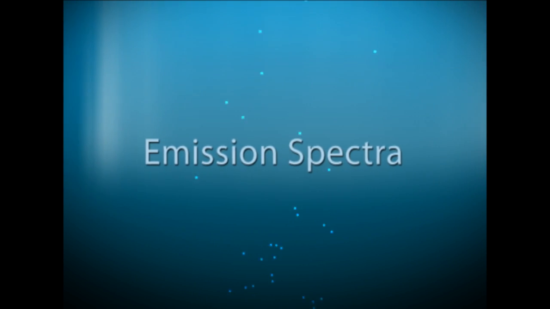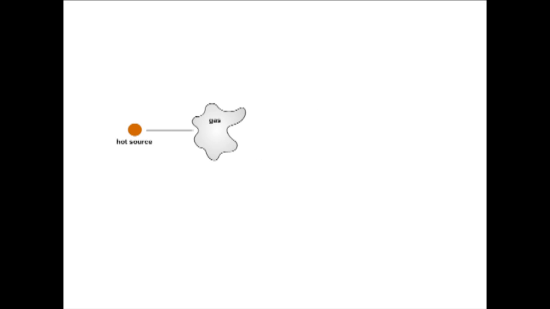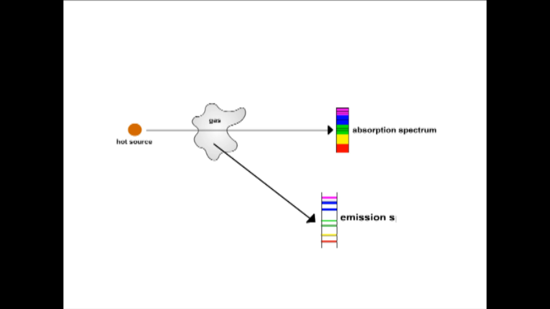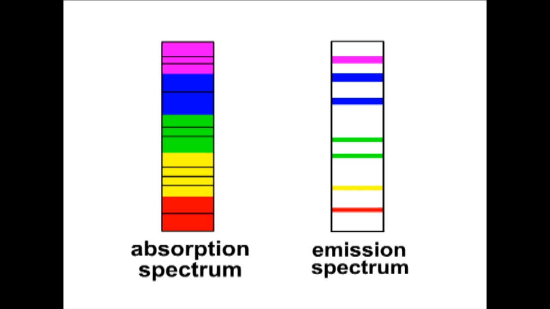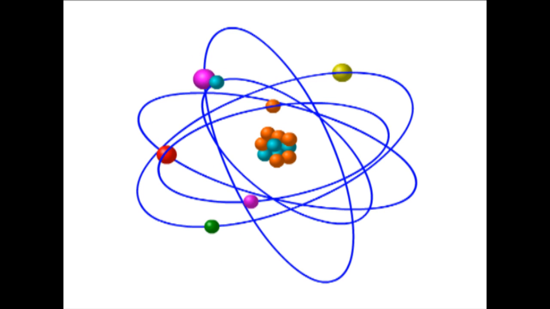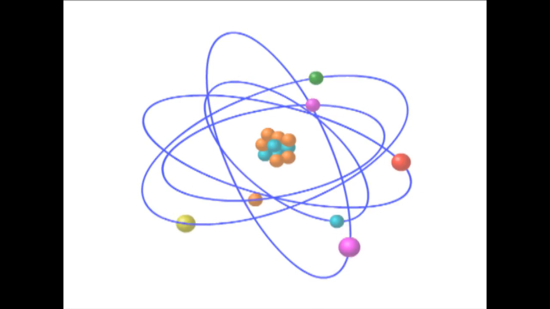Emission spectra. Atoms and ions in the form of a gas can produce spectra in or near the visible part of the electromagnetic spectrum, both by absorption and emission of spectral lines at well-defined frequencies. Therefore, these atomic spectra and emission spectra are one of the most important tools used to investigate the quantum mechanical nature of matter at the atomic scale.